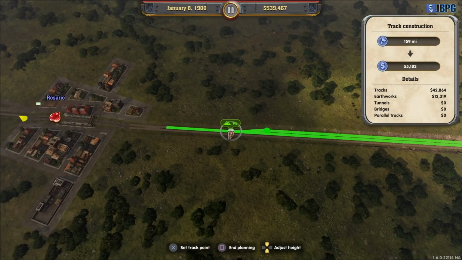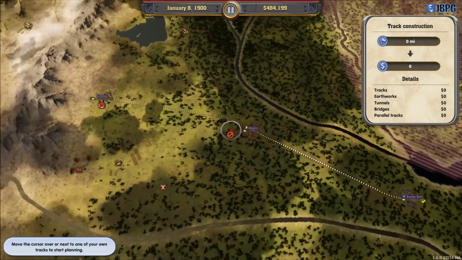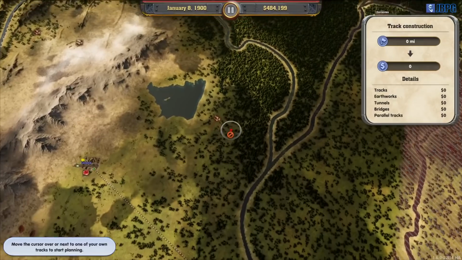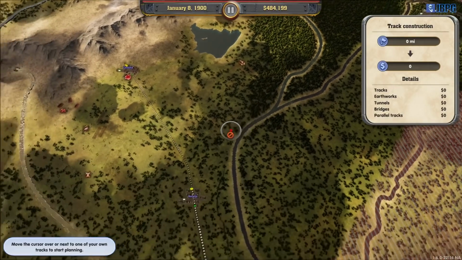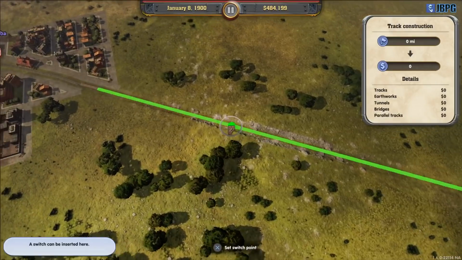There we go. So we've got our passing loop on there. I'm going to need to do one on here as well. I also need to take a line potentially over there. That's a long trek over there. So I don't want to overcommit to that just yet, but what I will do is, if I start about here,